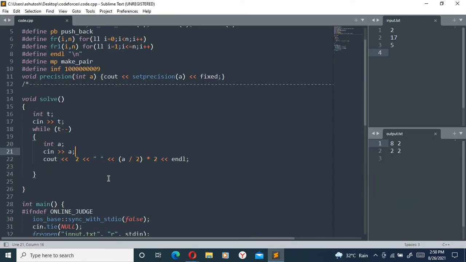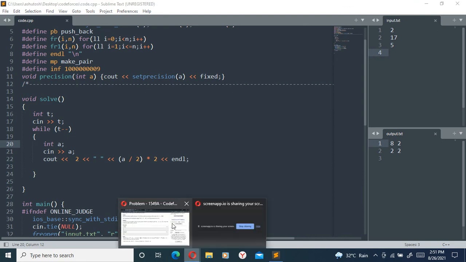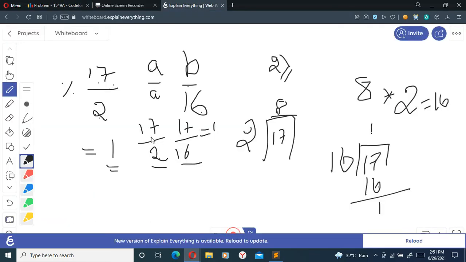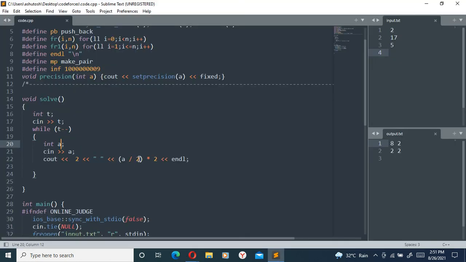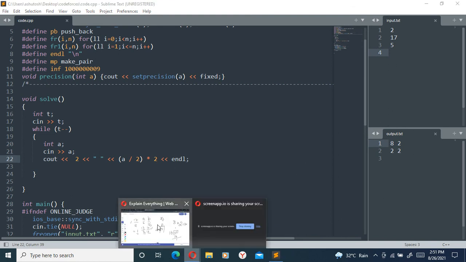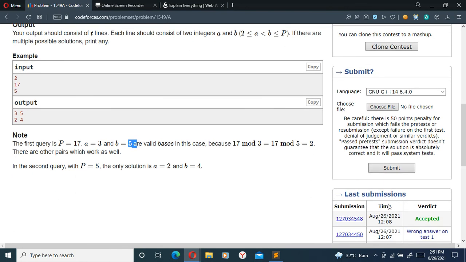So this is the code here. I've simply taken the test cases, then I've taken the integer n, and I've taken a constant value of 2. So 2 will be my constant value, and I'll just divide n by 2, which I was doing here. I've divided it by 2, and whatever I'm getting as a quotient, I'm just multiplying it by 2, and I will get the answer. And let's get to the submitted solution.